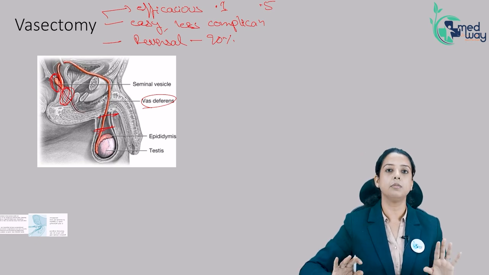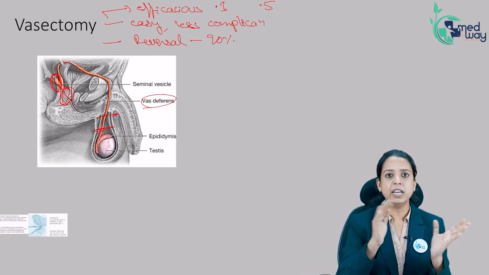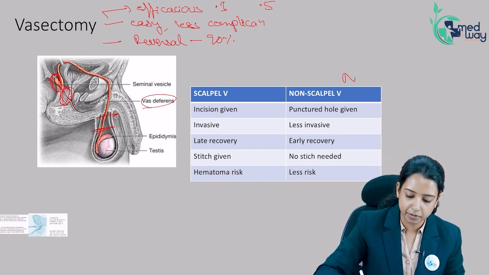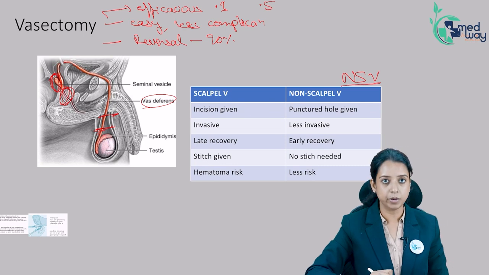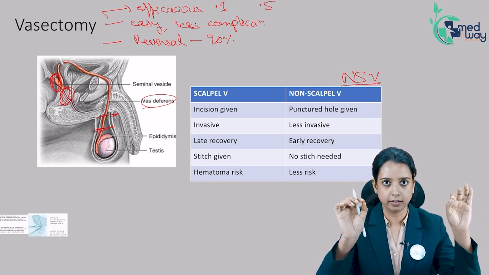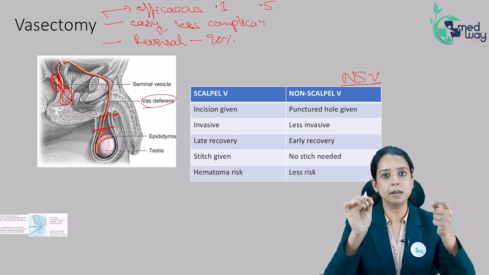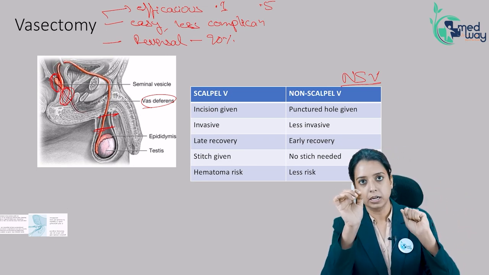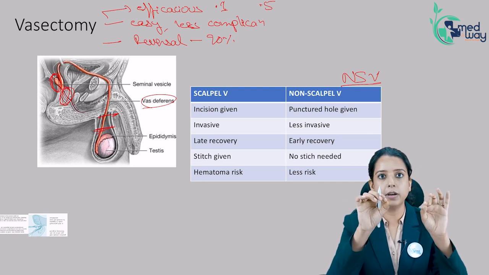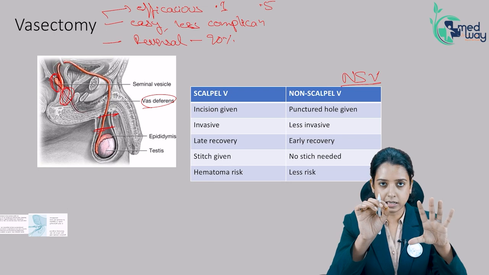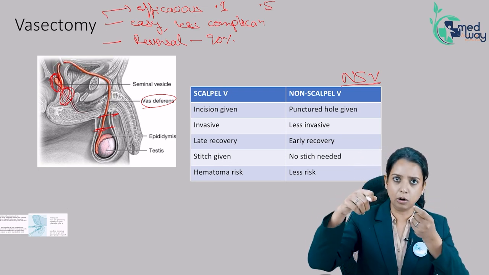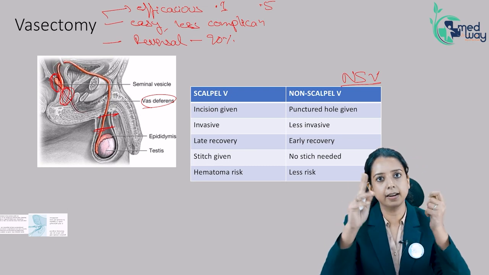Now vasectomy can be done in two ways. In initial years we used to do scalpel vasectomy, but now what we do is non-scalpel vasectomy, NSV. What is the difference? First of all, both are done under local anesthesia. The vas deferens is very easily palpable in the scrotum. So previously we used to give a 1 to 2 centimeter incision under local anesthesia on the scrotal skin, and then we used to palpate the vas, take a loop of it out, ligate it and cut it.